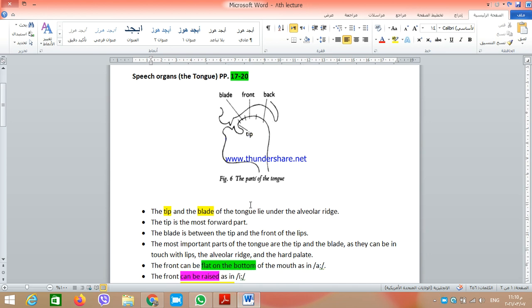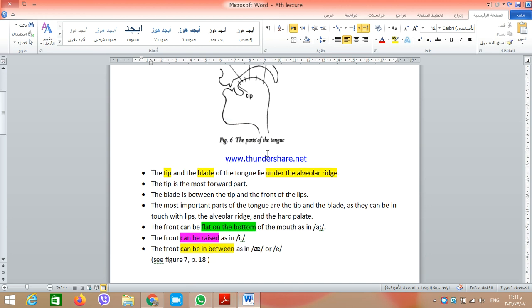Actually, the tip and the blade of the tongue, as you can see in the figure, are under the alveolar ridge. So what is the alveolar ridge? The alveolar ridge is the part of the palate that is immediately behind the upper front teeth. And you can see that the tip and the blade are actually under the alveolar ridge, while the front of the tongue is almost under the hard palate, which is the highest part of the palate. On the other hand, the back of the tongue lies under the soft palate,